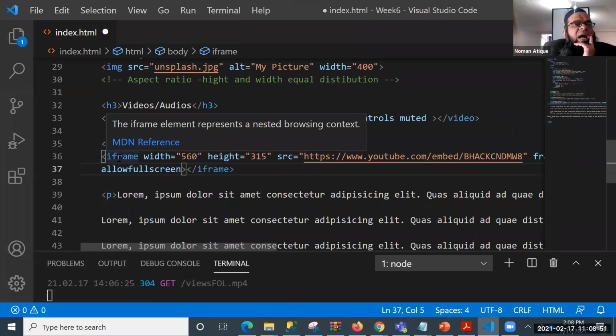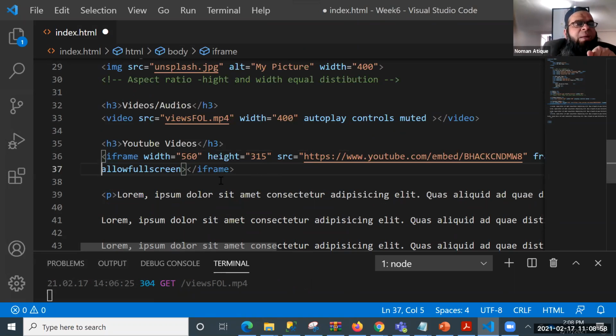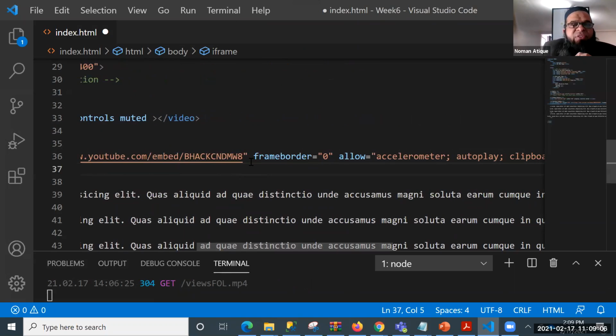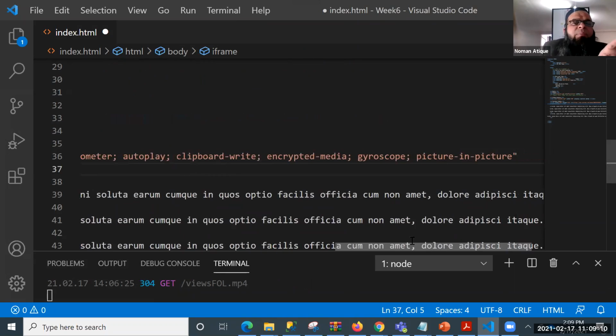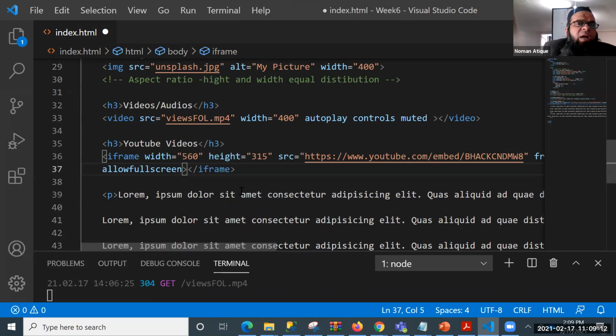Do you see that we have got an iframe? An iframe is called an inline frame, a frame within a page. So an inline frame has been embedded over here, whose width is 560, height is 315, SRC is something like this with the video that I have just copied, and I have frameborder equal to 0, allow equal to accelerometer. So there are different attributes that it has given by itself. No need to change those attributes right now, just save that, allow fullscreen.